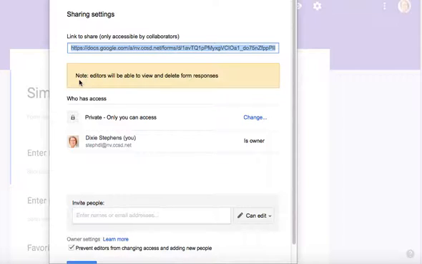The note says editors will be able to view and delete form responses. And not only can they delete form responses, they can delete your questions. They can change your questions. They can change your answers to your questions. So obviously when you are going to share this link with another person, you're going to be very clear with them on what things you want them doing, what things you don't want them doing. So it's a powerful tool, but you have to make sure the other person is aware of the rights